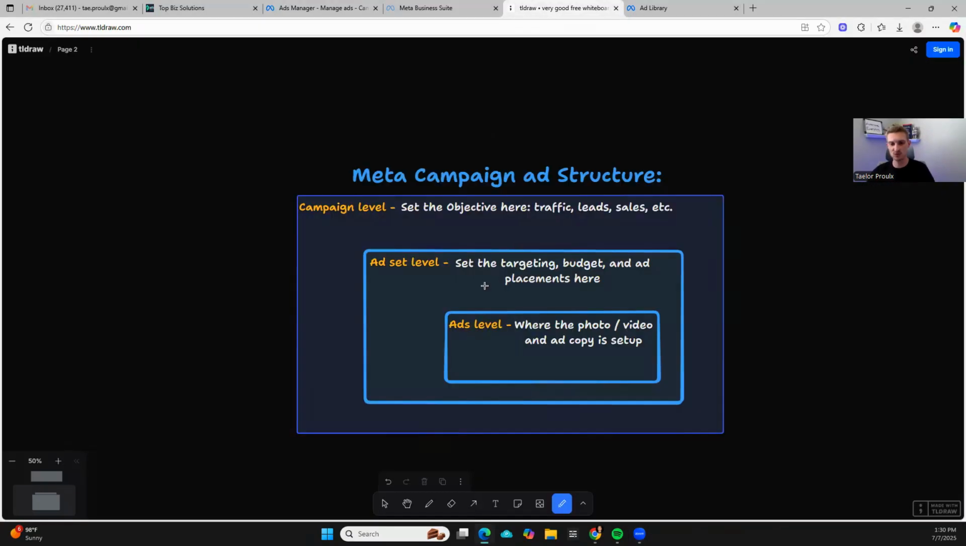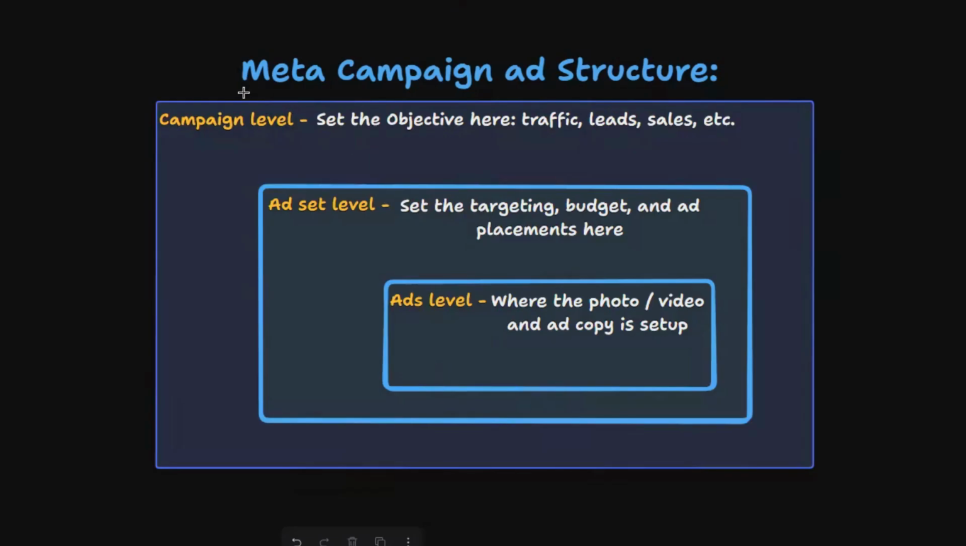So let's bounce over to my visual diagram, where I want to show you how a meta ad campaign is structured. There are 3 levels, like I said, 1, 2, 3. There's the campaign level, which is where we're going to set the objective, whether the campaign objective is for more traffic, leads, sales, or whatever. Then there's the ad set level. This is where we're going to set the targeting of the ad, the daily budget, and the placements of the ad,